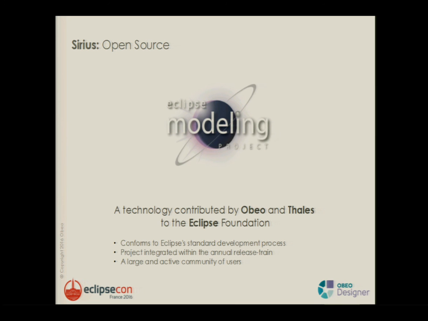Quick overview of the process. Sirius is an open source technology which was created at the beginning by OBEO and Thales through an open innovation process. And it's been live at Eclipse for several years, two or three. We will reach the 4.0 version for the Neon release. At the end of today there will be a talk dedicated to this, with a very new feature, the properties views, which are dynamic and specified in the same way that you do for the graphical aspect. It's very cool.